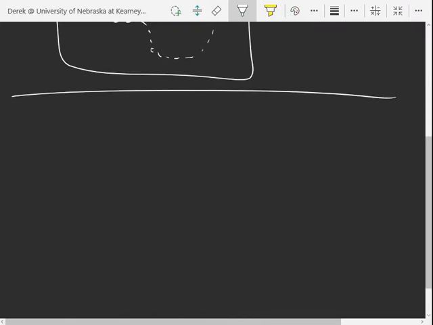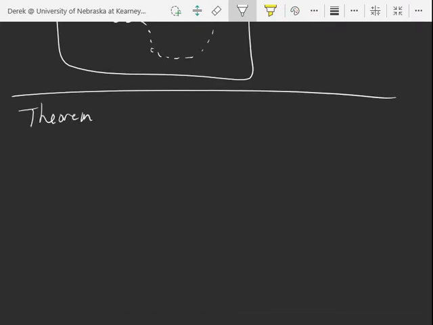So, theorem. If X is in E, it doesn't have to be in E. If X just is a limit point of E, which is a subset of X, a metric space. So we'll make it a metric space by adding a distance function next to it. So if X is a limit point of E, which is a subset of a metric space, then